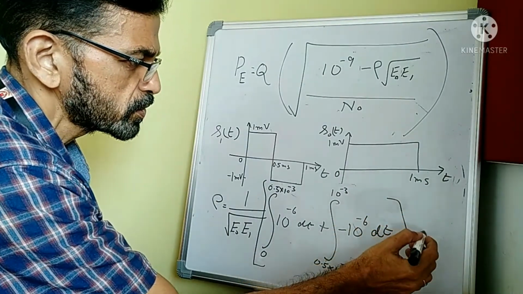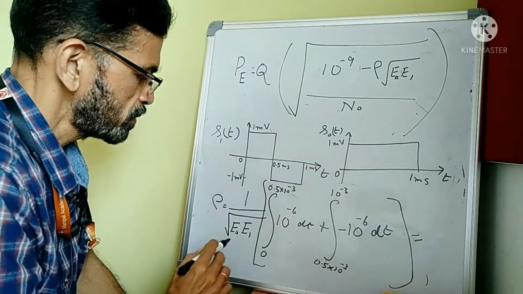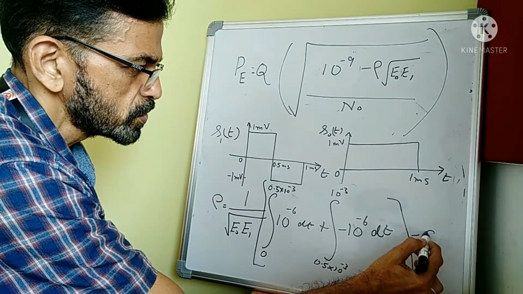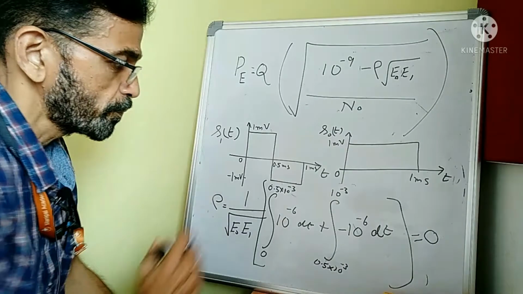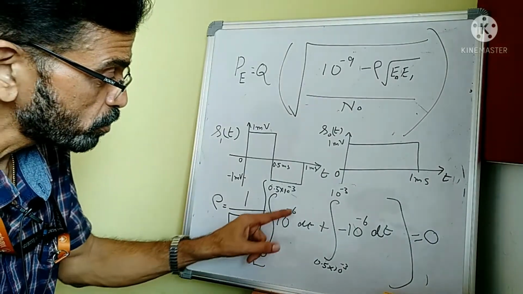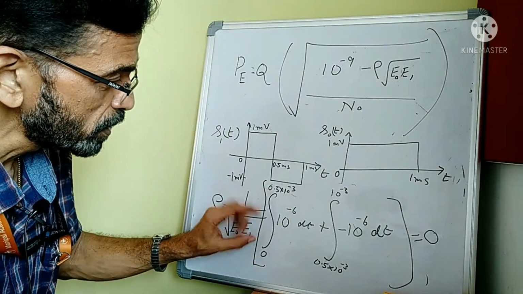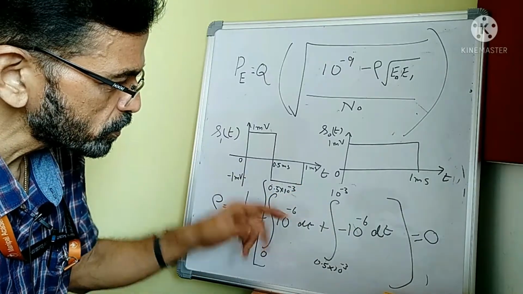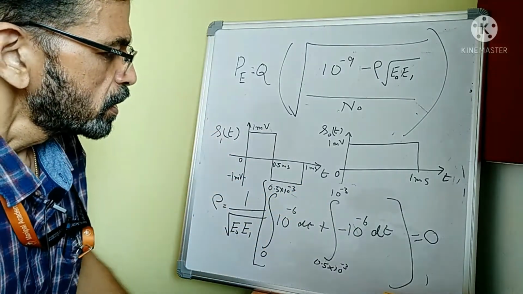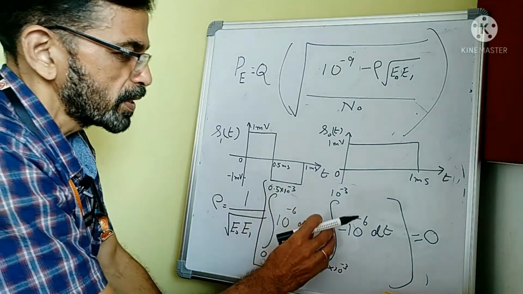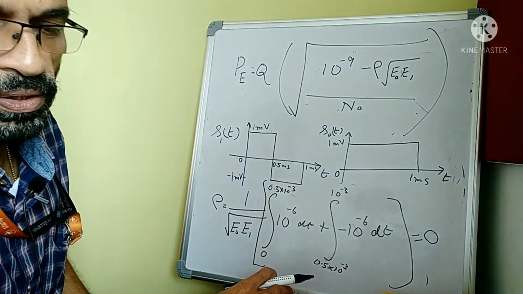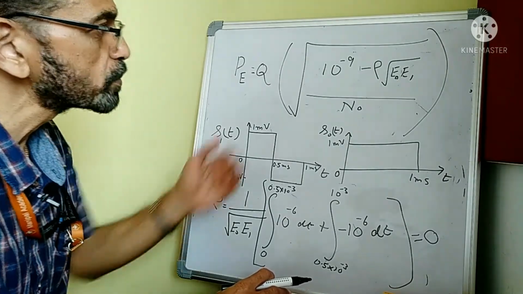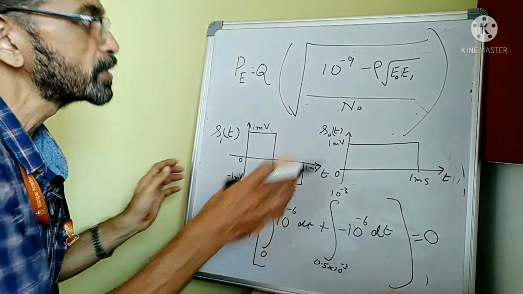and the result will be, whether you substitute these values or not, the result will be 0. As you can see here, 10 power minus 6, and the interval is the same, minus 10 power minus 6, this interval is also the same, so the result will be a quantity minus the same quantity, you get the result as 0. So now when we substitute over here rho as equal to 0,